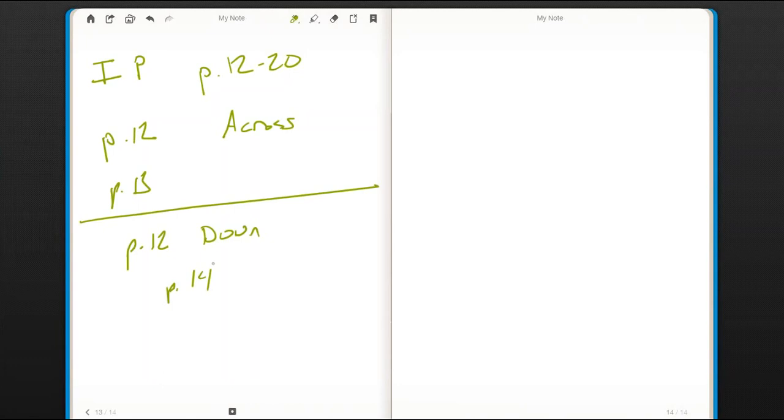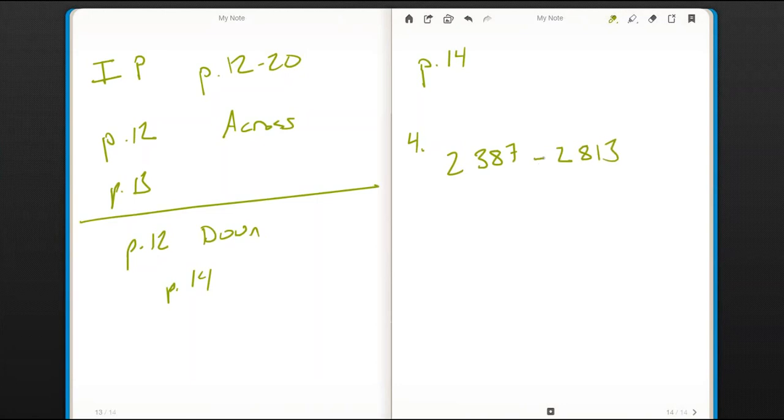They begin to use more and more the terms that we want to help our kids be comfortable with on page 14. And again, this is a small thing that is huge in becoming good at mental math. The question is how many hundreds are in the sum of 2,387 and 2,813. Of course, we're talking about sum, so that's an addition, and the question is how many hundreds are there? So we want our kids to be able to say this is 23 hundreds and this is 28 hundreds. And we're going to combine those, but of course, when you put 87 ones and 13 ones together, there's another